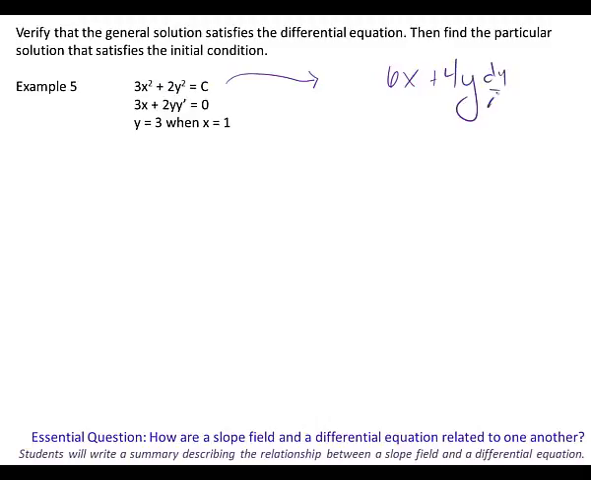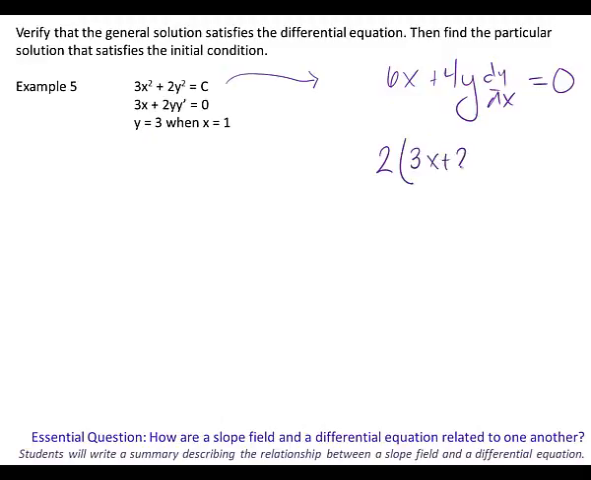4y dy/dx, and then what's the derivative of a constant? 0. It almost looks like it, not quite. We have a number in front, don't we? So what could I factor out? A 2. So that's left behind with